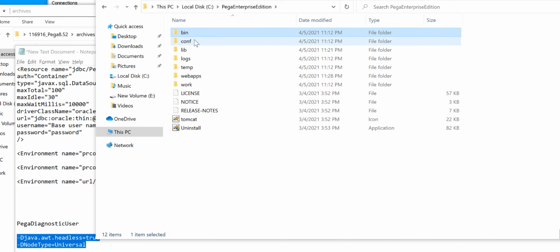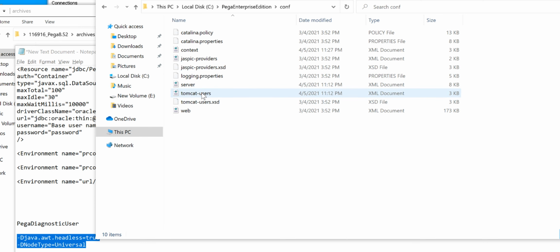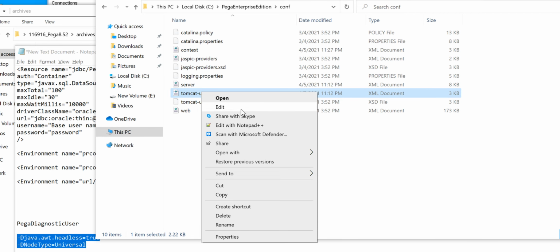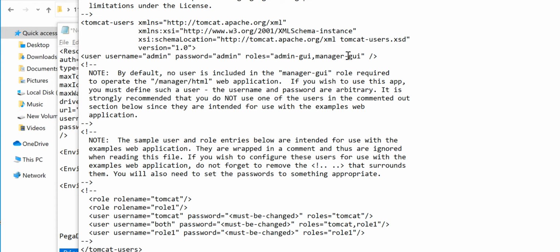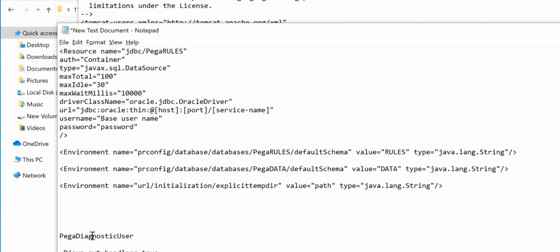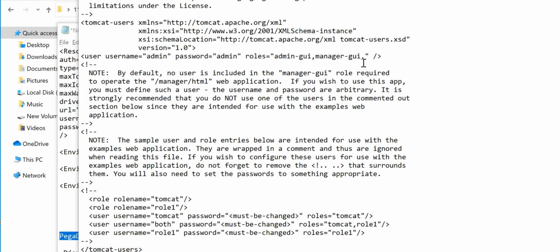Now go to your config directory and edit this tomcat-users file. Under this Tomcat roles, you need to add one more role. Enter a comma and add this Pega diagnostic user role to your Tomcat administrator operator.